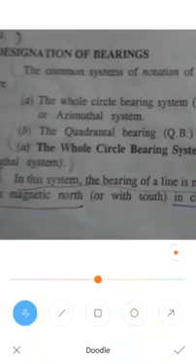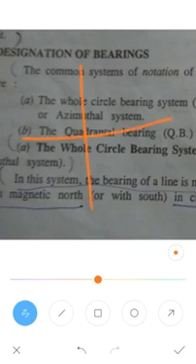Next we will find out the bearing of the line. Usually, whatever the bearing, whatever the angle, angle and bearing are almost the same. There is a slight difference. I already explained what the difference between angle and bearing is. So as I told earlier, whatever the line considered, a system is there.